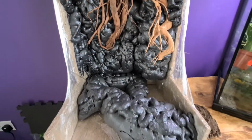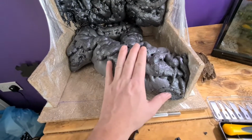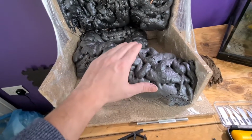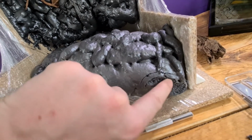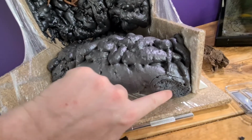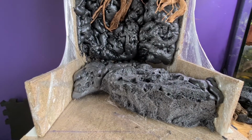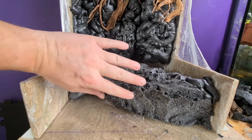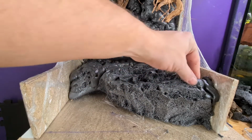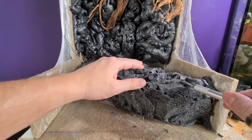So I'm just going to start doing some carving, try and get it a bit more natural. You've got to get rid of all the shiny bits so the silicone sticks to this. I've tried a bit there, so this sticks to this bit here, and then it should look a bit more like rocks rather than just bits of foam. As you can see, I've made a start now, so it looks far better once the shiny bit's removed. So I'm just taking my carving knife,